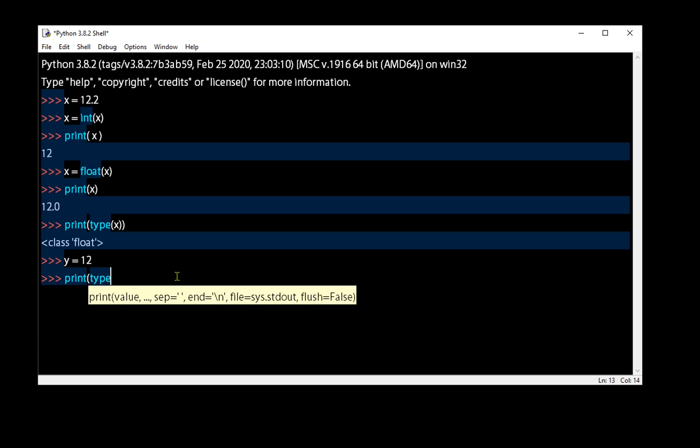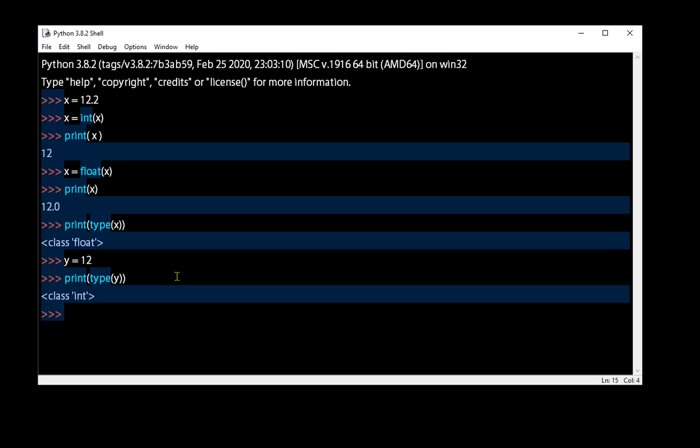The type, I'm going to put y here, and that is of type integer. y is of class integer. Okay, so this is pretty important if you want to do some numerical